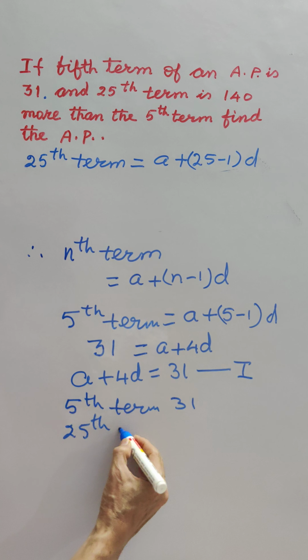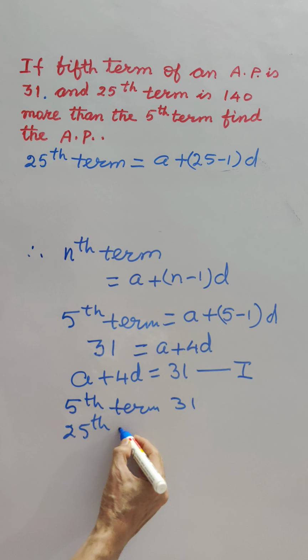Which is 31. Here we take fifth term, so fifth term is equal to a plus 5 minus 1, n के प्लेस पर 5, into d, and the fifth term is 31, so 31 is equal to a plus 4d। ये हमारा इक्वेशन नंबर 1 बन जाता है, और हम इसको ऐसे भी लिख सकते हैं a plus 4d is equal to 31। दिस इज इक्वेशन नंबर 1। यहाँ तक हमने इसको कंसिडर कर दिया।